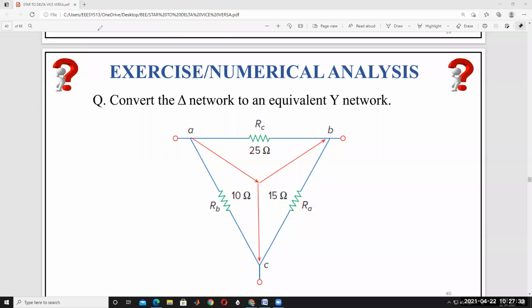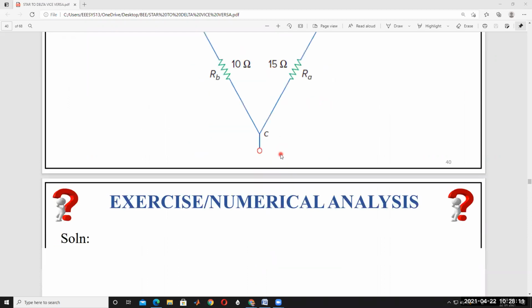Understood? Here this your resistor is there. Okay, understood? This resistance is nothing but a star connected resistor. Here also these are the resistors. Okay. This resistance, so, for example, R1, R2, R3. This resistance is nothing but multiplication of these two divided by addition of all resistances. RB into RC divided by RB plus RC plus RA. Am I right? So like this.